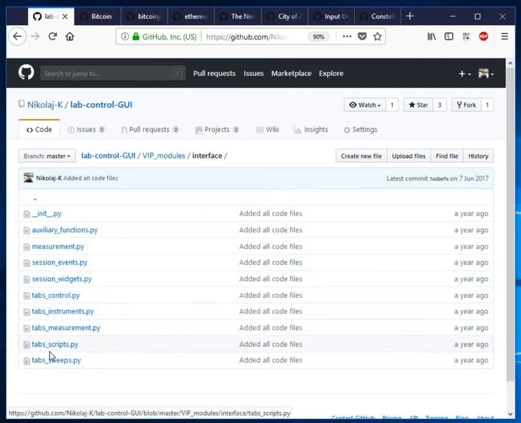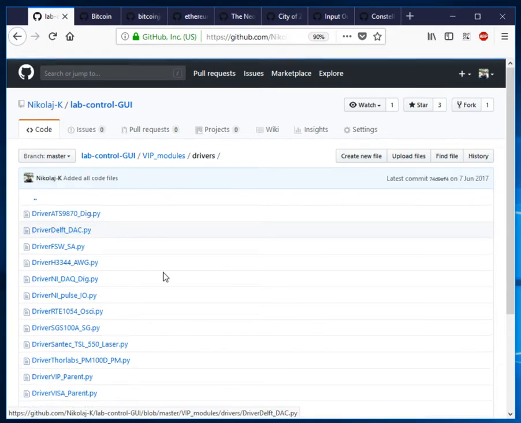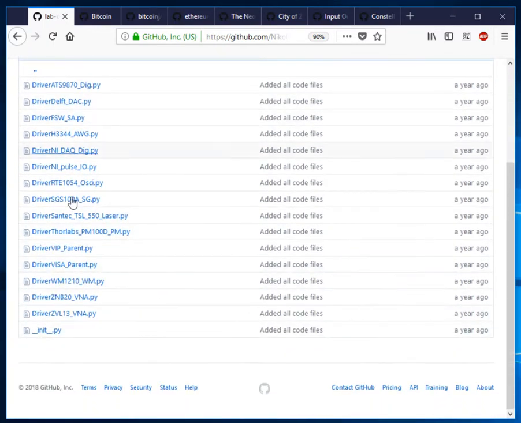tabs for different things, right? And the measurement tab and whatever it should do. And then here, auxiliary functions, which we might also call utility or common functions. I say that because we will see something similar in the later repositories. And then the drivers, which was, you know, a pain to write, because every device is of course different. So there is, I don't know, I think